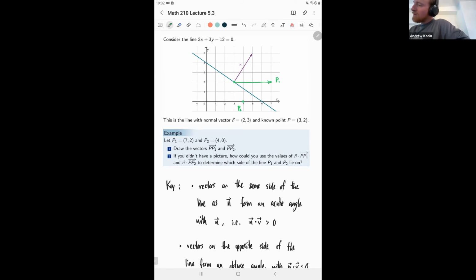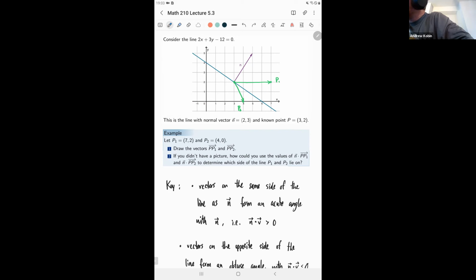And here are our 2 vectors, P to P1 and P to P2. So I want to point something out before we do part 2 of this example, which is if we wanted to compute the distance from the point P to the point P1, or from the point P to the point P2, we have a distance formula already, so we don't need anything about the line or the normal vector. But instead, if we wanted to compute the shortest distance,